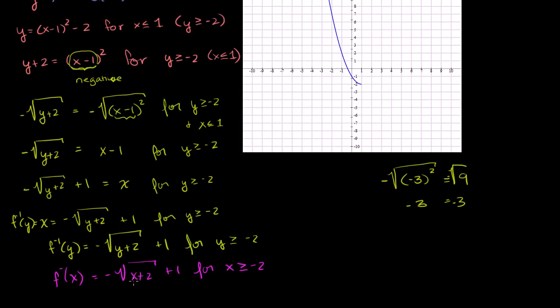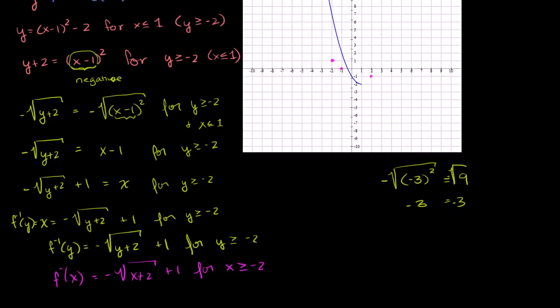And if we were to graph this, let's see. If x is equal to negative 2, this is 0, so the point negative 2, 1 is going to be on our graph. If we go to x equal to negative 1, this becomes negative 1, so negative 1, 0 is on our graph. And if x is equal to 2, x plus 2 is 4. The principal root is 2, but it becomes a negative 2, so it becomes 2, negative 1. So that's on our graph right there.